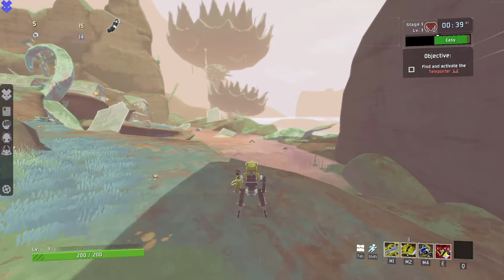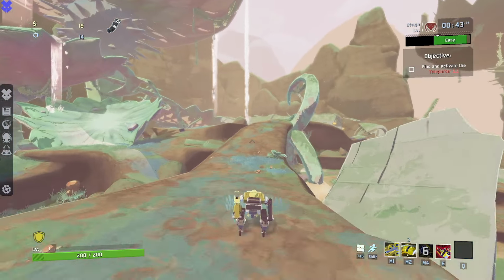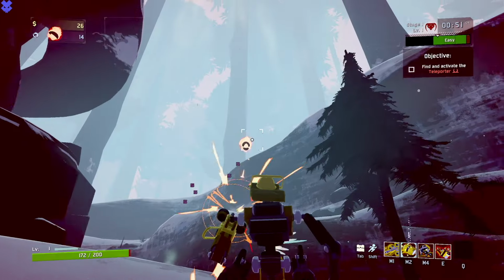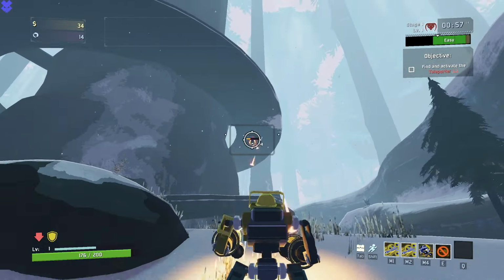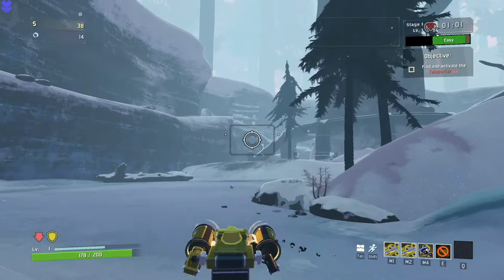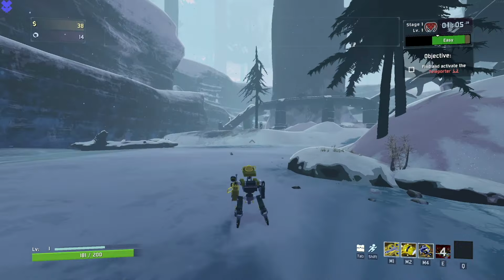Numero dos is the Magz and Fragz. For this technique to work, you need to have equipped MUL-T's alternate special ability, Power Mode. This ability allows MUL-T to hunker down, armor up, and dual wield his currently equipped primary and secondary weapons at the same time. However, the secret bonus to this ability is the fact that if you use your blast canisters,